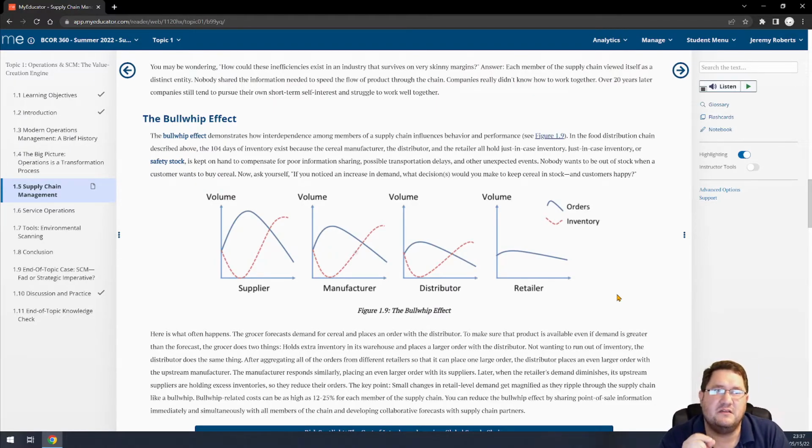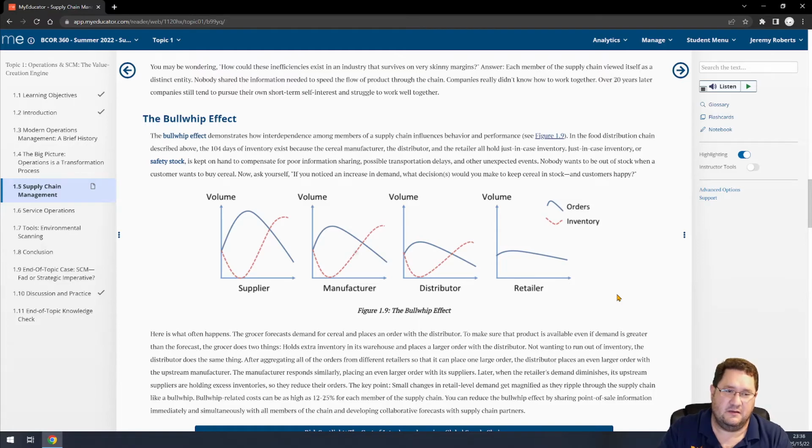So think about this. Your local grocery store decides to have a sale on Coca-Cola. I'm just picking something everybody probably knows. So Coca-Cola is on sale, let's say half off, just picking some number. There is probably going to be an increased demand for Coca-Cola from that store. So that store, if they thought well enough ahead, probably placed a large order because they are expecting to sell through it. So they placed a large order with their next level up, which would be a distributor